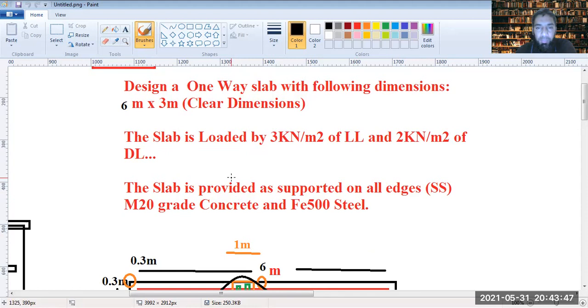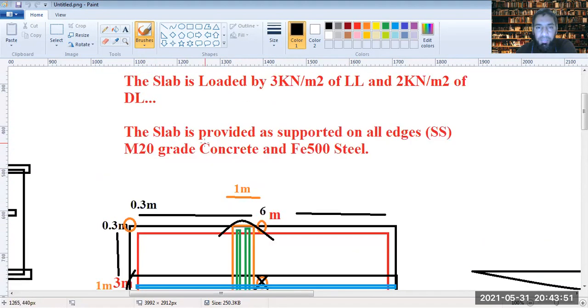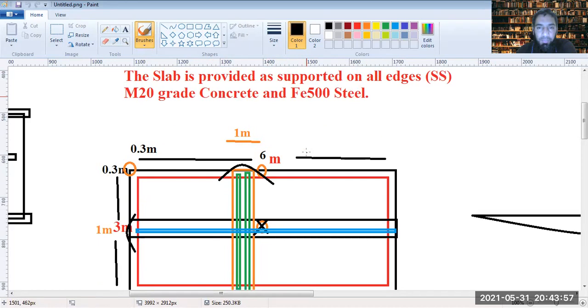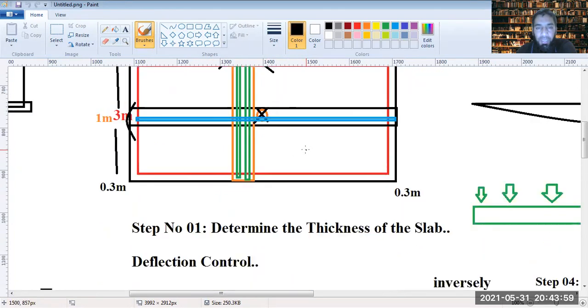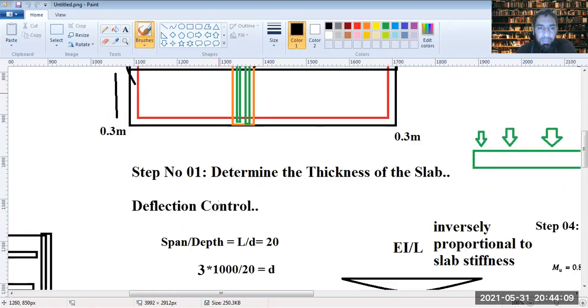Now the slab is provided with supports on all four sides, on all four edges, and there is an M20 grade of concrete and Fe 500 of steel. There is a 0.3 meter support on all four sides, the clear spans being 6 meter and 3 meter. Now, in step number one, what we are going to do is determine the